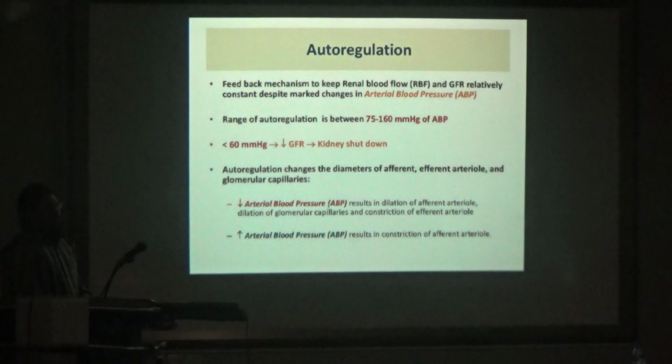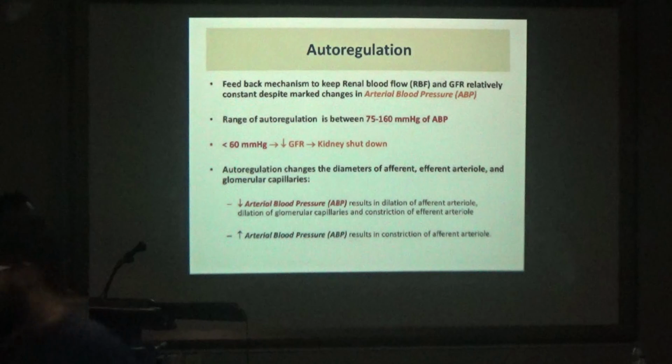Autoregulation. I suppose everybody by this time remembers that kidney is one of the organs that can autoregulate its blood flow. And this is indeed important. If blood flow is regulated, your GFR is regulated. So over a wide range of blood pressure, the GFR is regulated because the blood flow to the kidney is regulated, by the autoregulation or feedback mechanism, to keep the renal blood flow and GFR constant